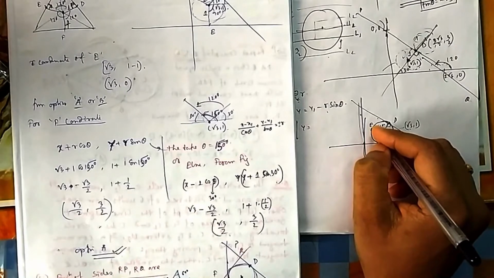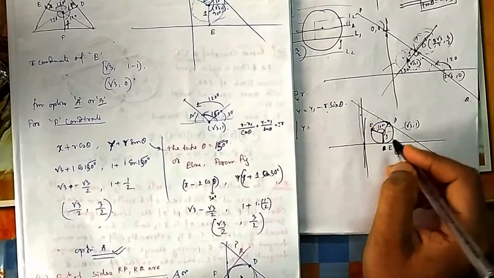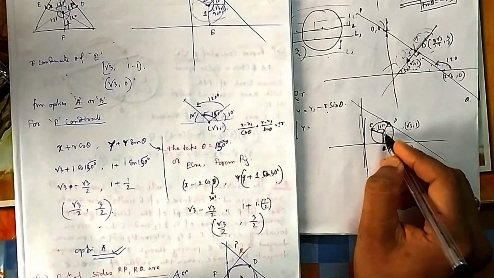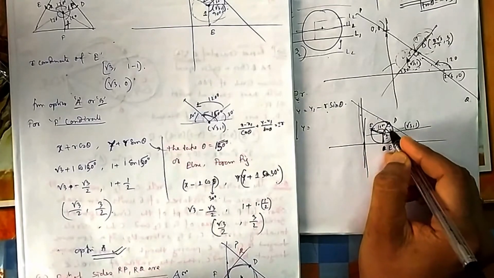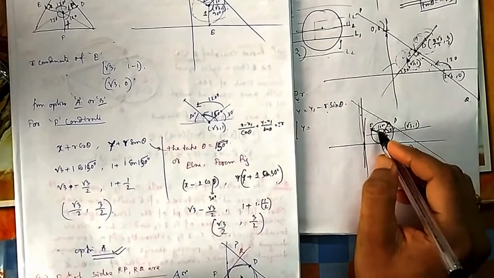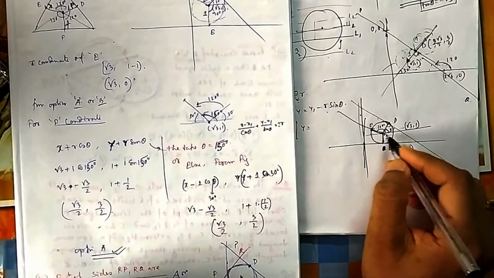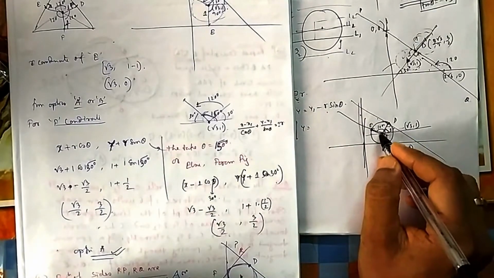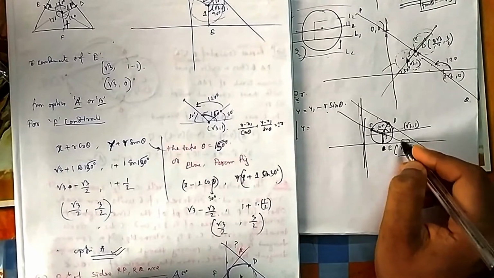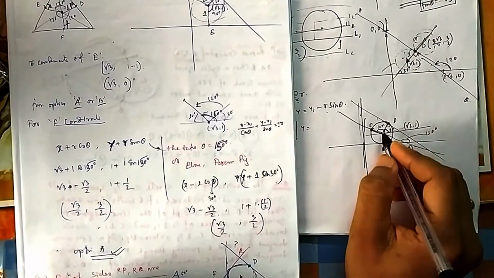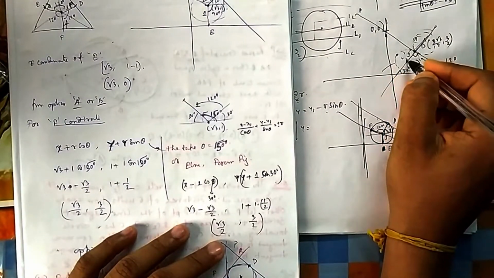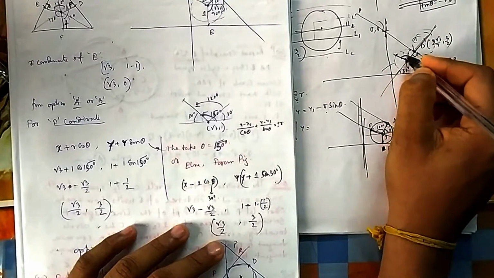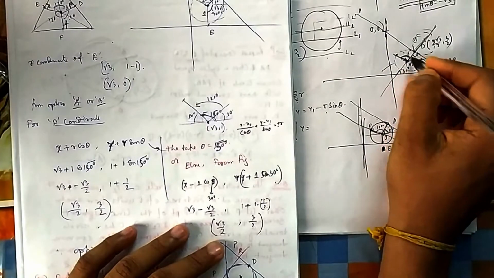So you can use this concept, or you can find out what will be the angle of this line. What is this angle? This is 120, that this is 30. This angle you have seen, this is 30. So what is this line angle? This line angle will be 150 degree. You can say it is 120, then it is 30 degree. You can see there is somewhere here E, which is at an angle of 120 to this. So because this is 30, it is 120 plus 30, 150.